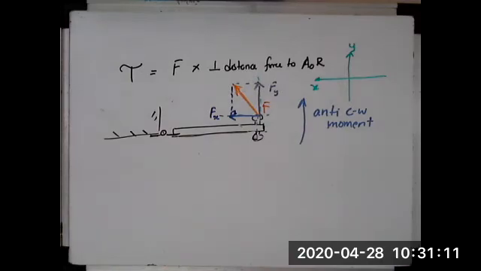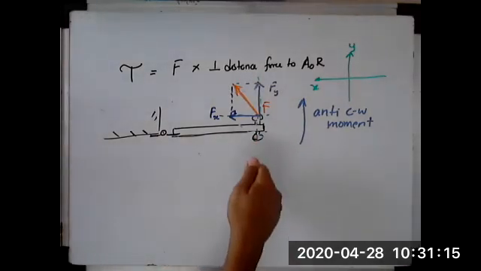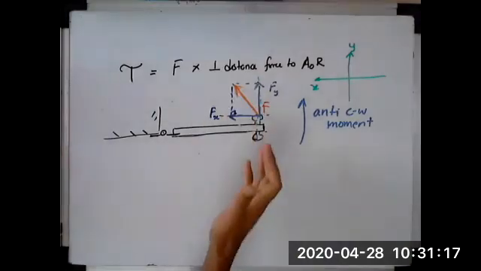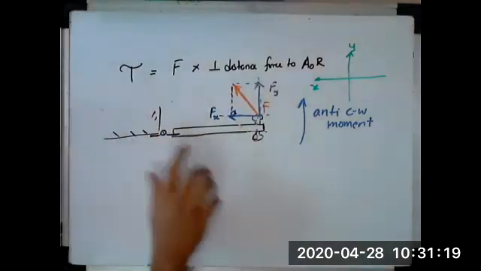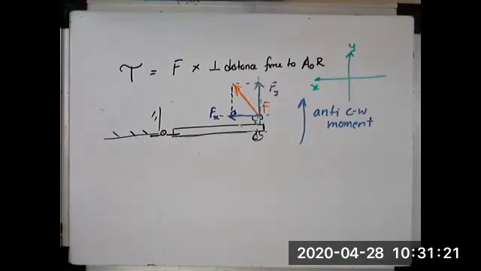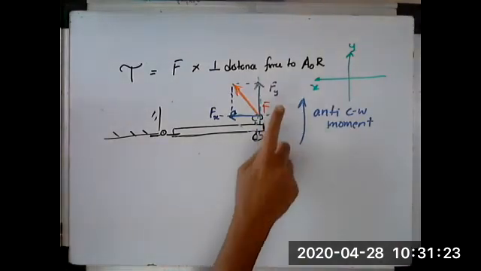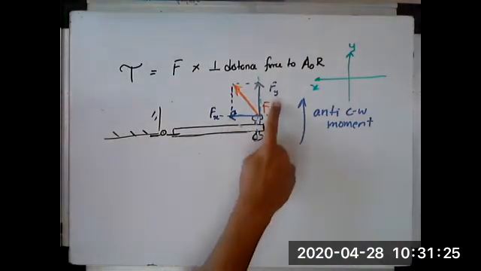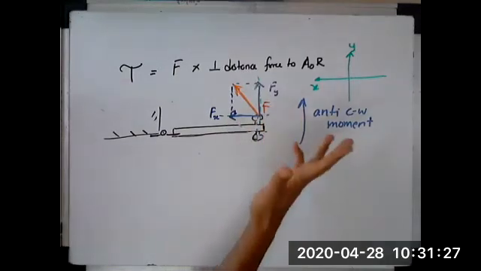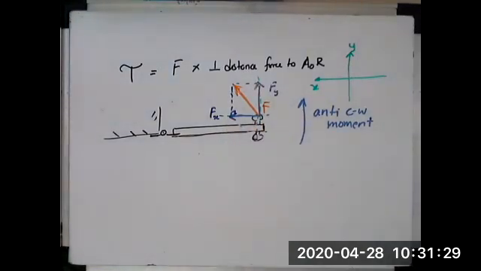Okay, so you either intuitively know that it is Fy, because Fy is the one that will start moving the door in that direction. Once it starts rotating, of course, the nature of the force changes, but I'm talking about initial conditions. If it's not clear, Fy, maybe it's clear. You say, but what is Fx doing over there?